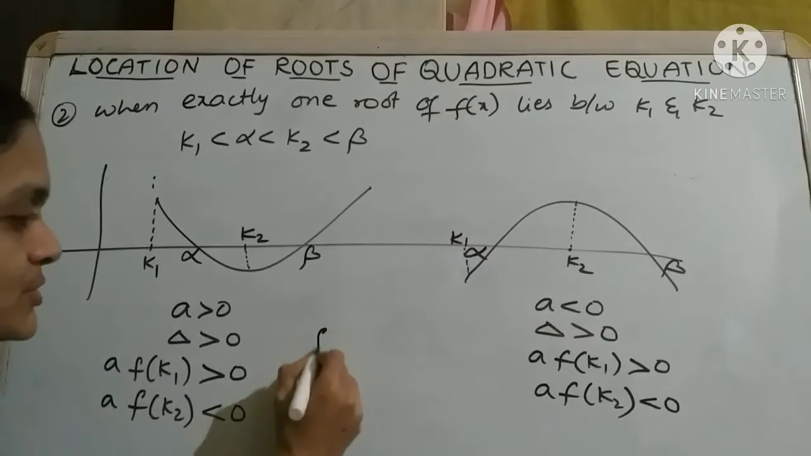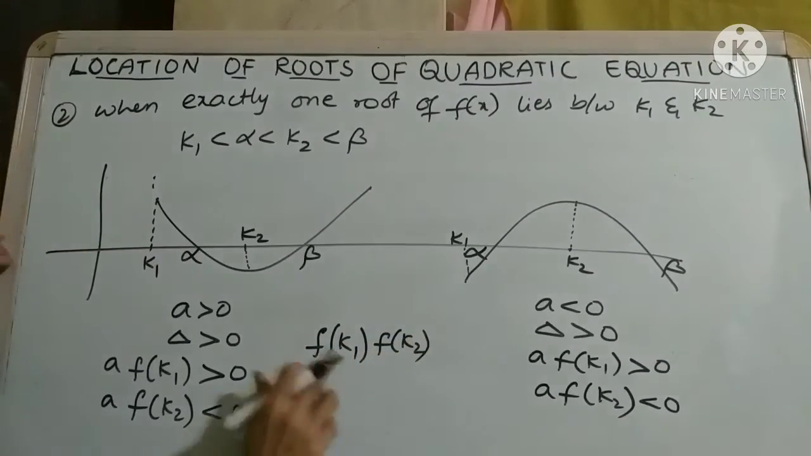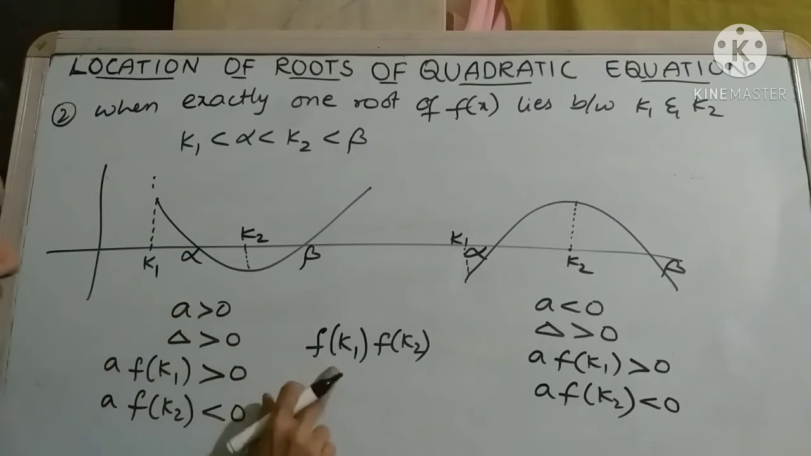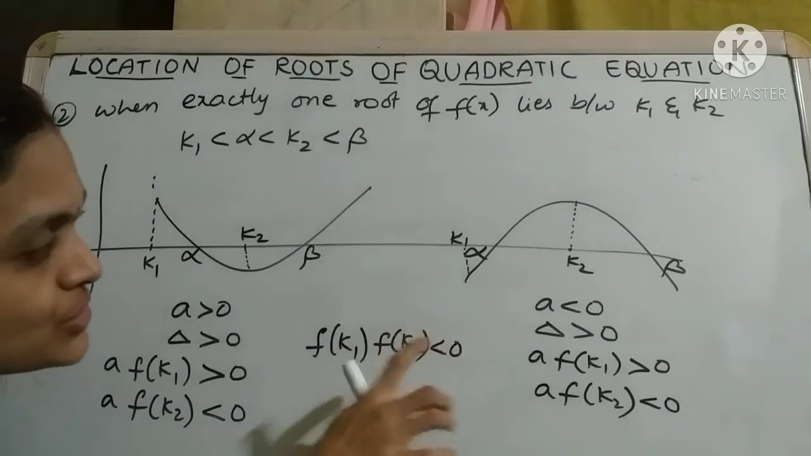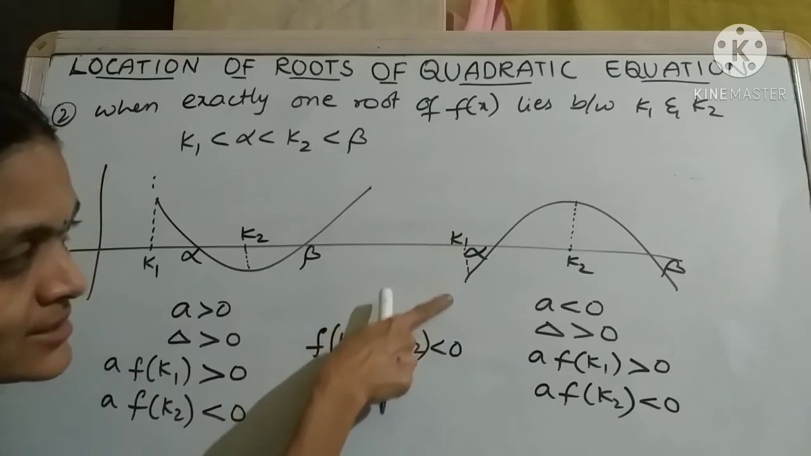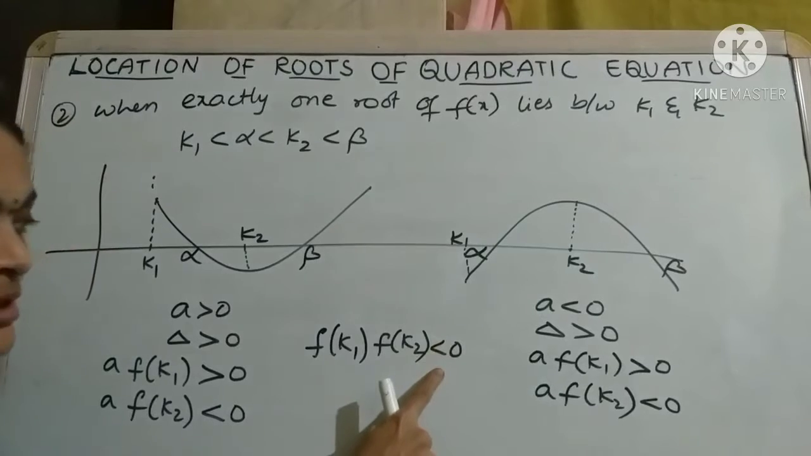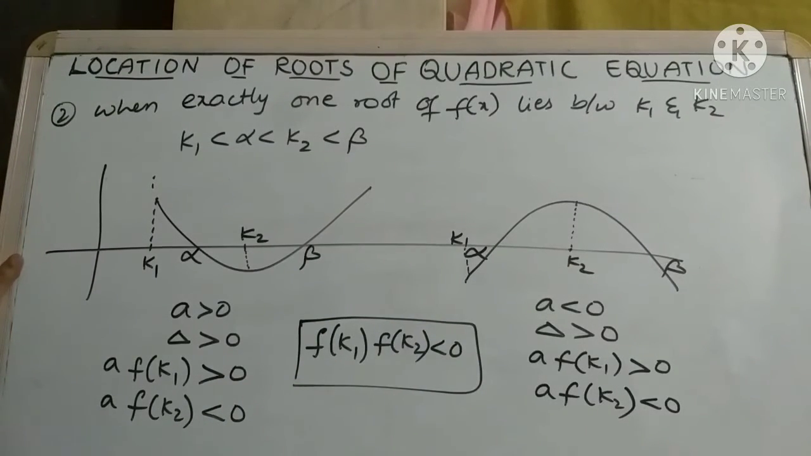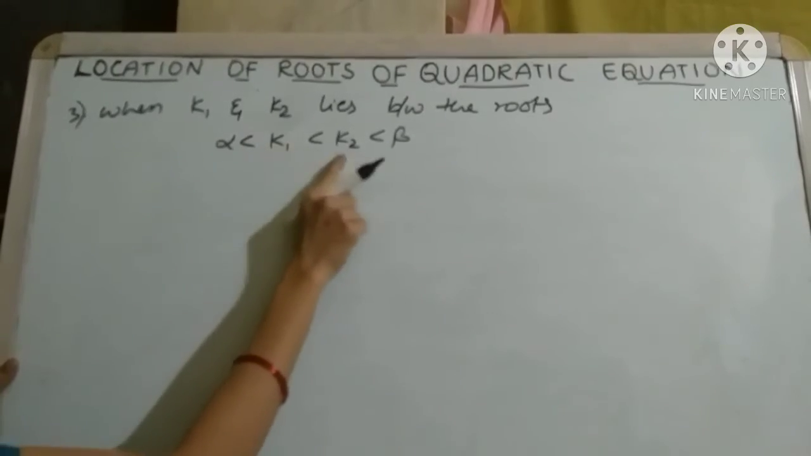And here, once you observe these two positions, f of k1 into f of k2 condition. Here in this, f of k1 is plus, f of k2 is minus. Plus into minus, minus only means less than 0. And there once you check, f of k1 minus negative, f of k2 plus. Minus into plus, there also less than 0. Okay, f of k1 into f of k2 is less than 0. This is the second. Now in the third case, when k1, k2 lies between the roots,